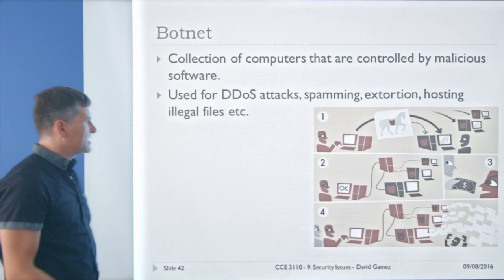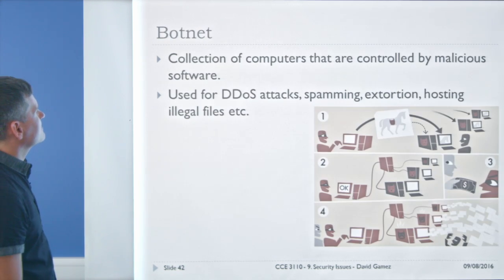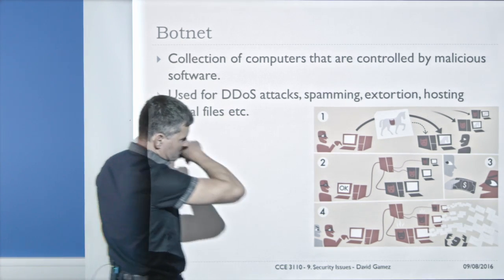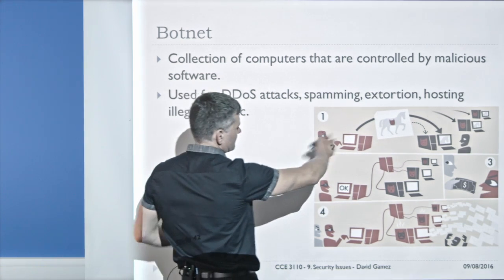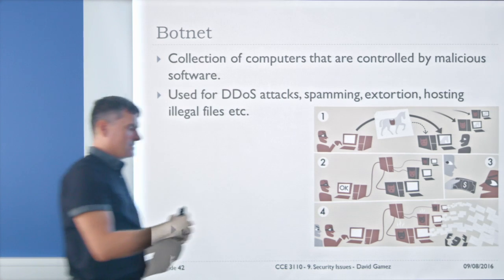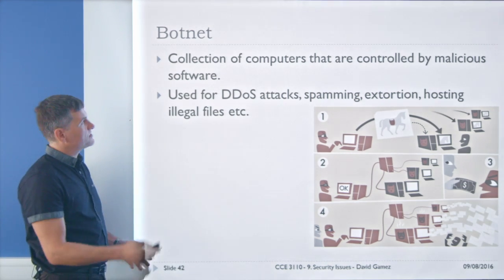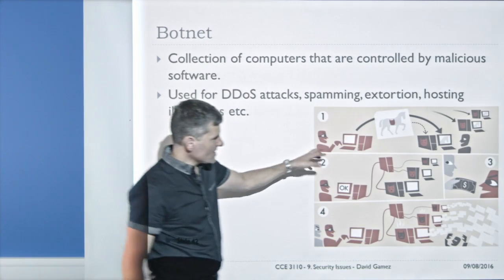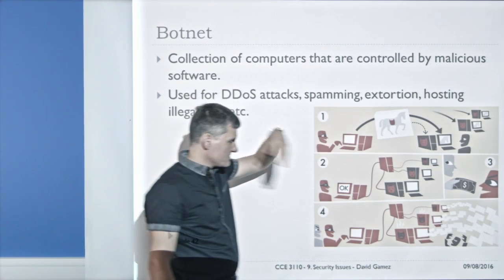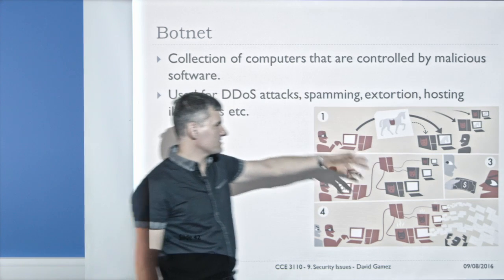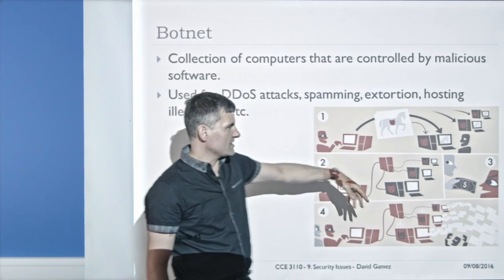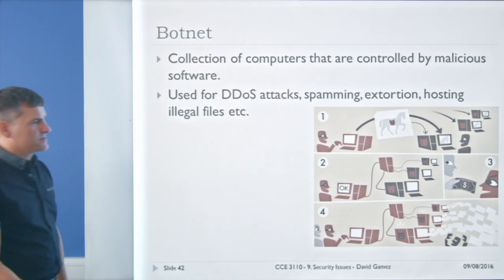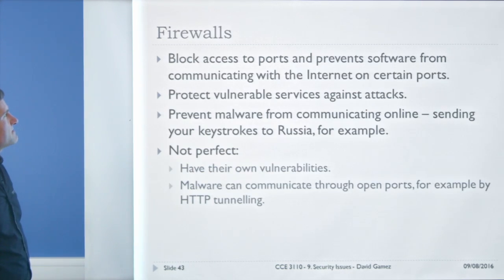So I've mentioned botnets already. I'll just say a little bit more about them. As explained, this sort of revisits the material covered already, but a botnet is essentially a large number of systems that are controlled using a rootkit, something like that. The attacker can then instruct these large numbers of machines, maybe 100,000, whatever, some of the bigger ones, and they can use that to send lots of spam, maybe Bitcoin mining on some of them, and they can also use them for distributed denial of service attacks.